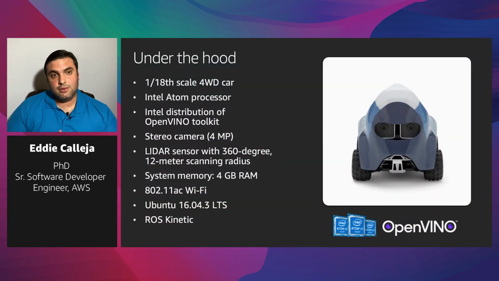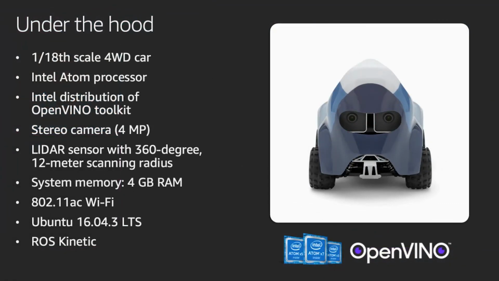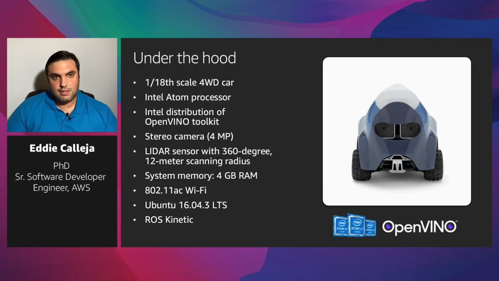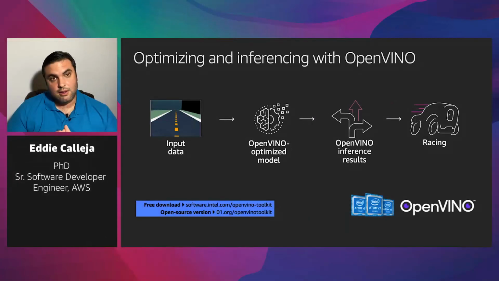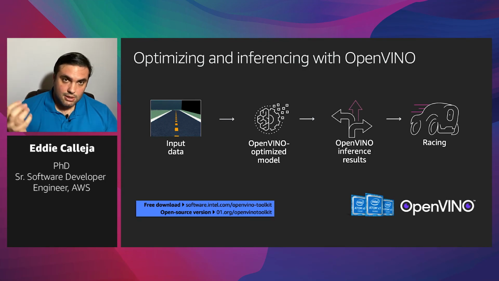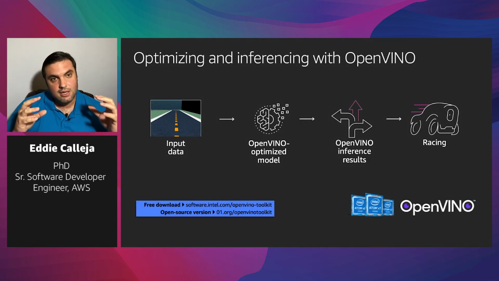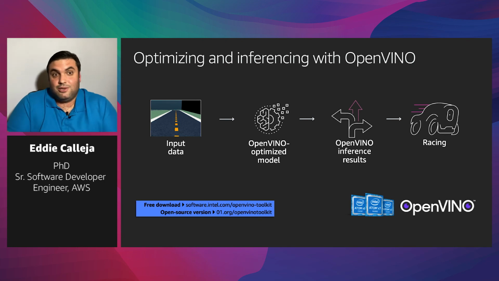So I talked about the DeepRacer Evo. It became generally available on July 13th. It's now available for purchase on Amazon.com. So what is under the hood of the AWS DeepRacer device? These are just some specs for folks to take a look at. So we take the input data and we have the model that you guys train. That model gets pulled down from the simulator or the AWS DeepRacer console. And when it goes onto the device, we optimize it using OpenVINO. This is how we get that lightning fast inference required to actually have the thing drive, because if it went too slow, we would probably just be crashing into a wall most of the time.